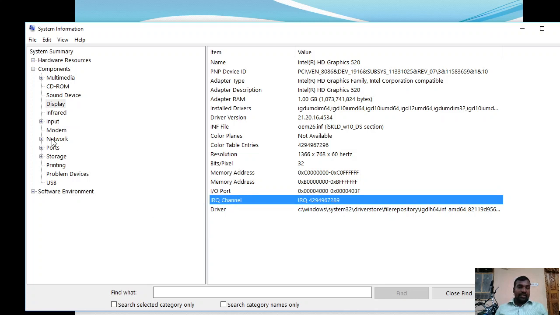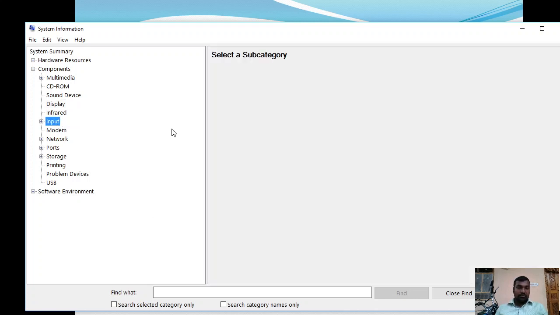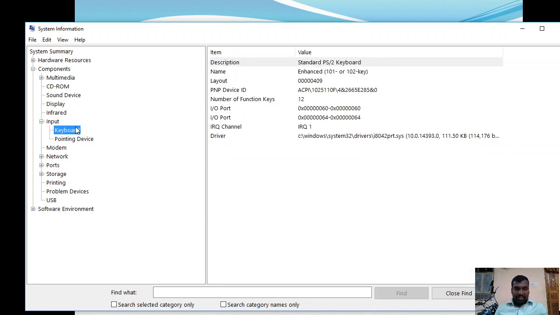If you want to know the details about input devices that are connected to this particular system, here I am choosing the keyboard. Then it is going to display the details about the keyboard that is connected with this system.